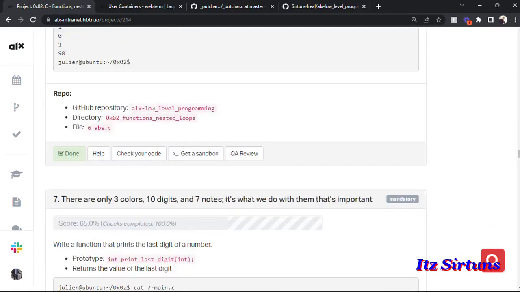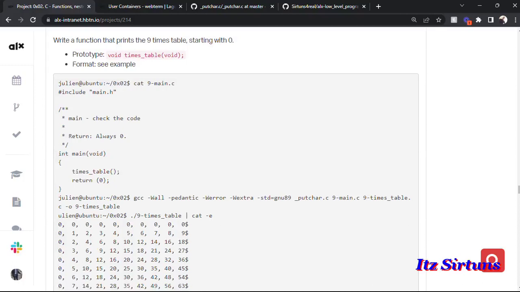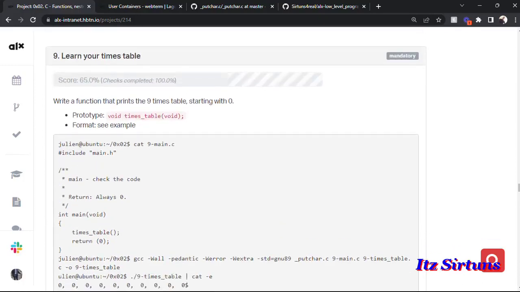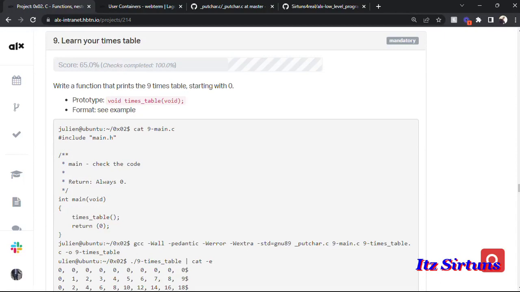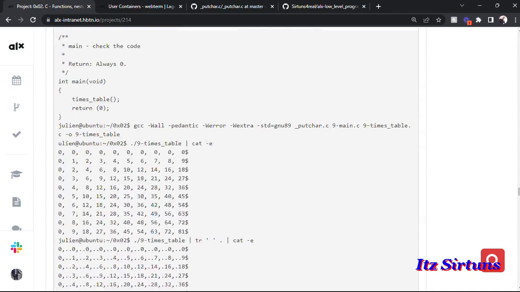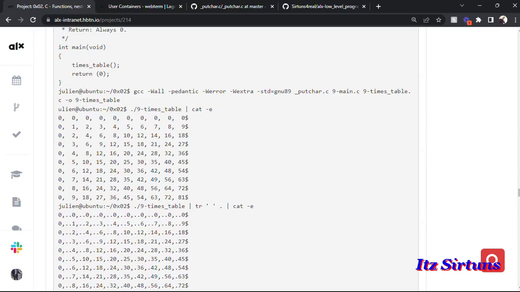At this point, let me go quickly to task 9 and give an explanation of that task. Okay, so for your task 9, you're expected to write a function that prints the 9 times table starting with 0. Now this is the format that we are expecting. So for the 0 times table, you should have 0 all through the first time. You should have the 1 times table follow, the 2 times follows, the 3 times follows,